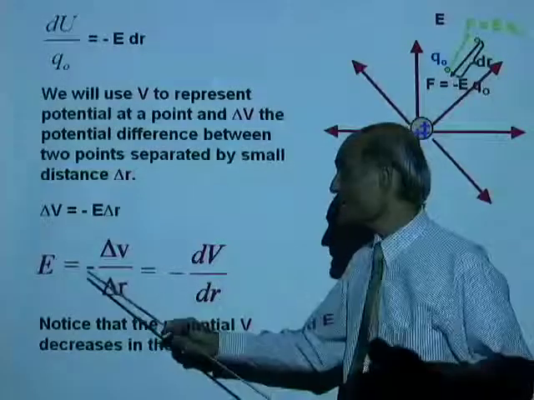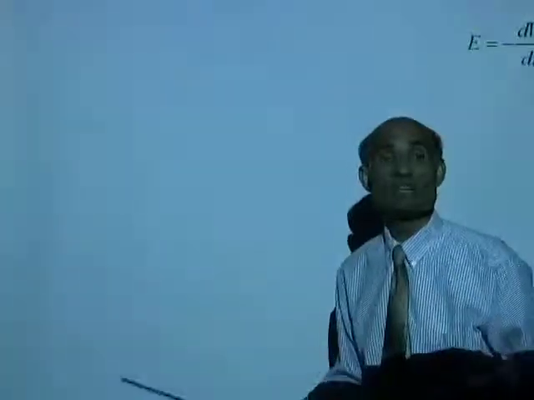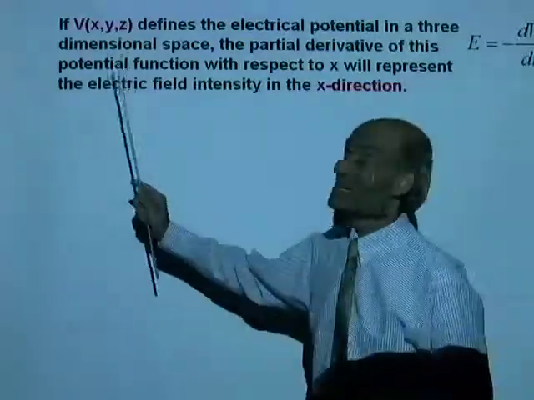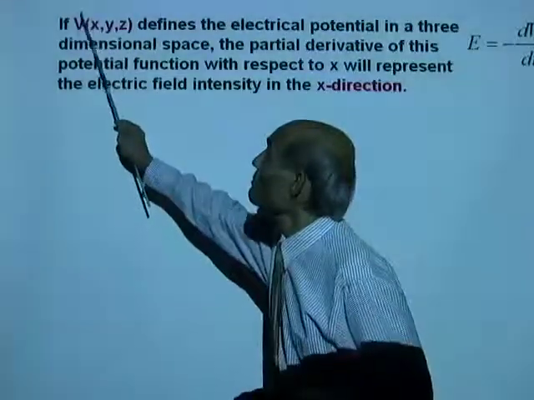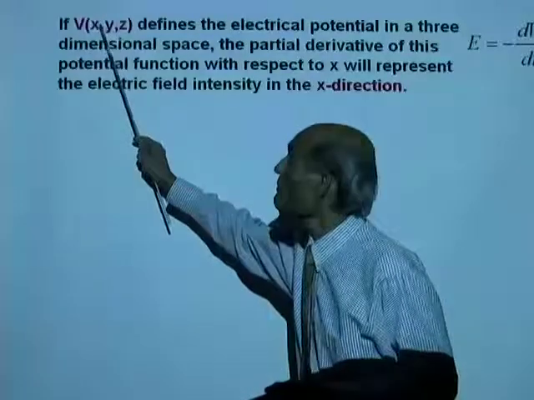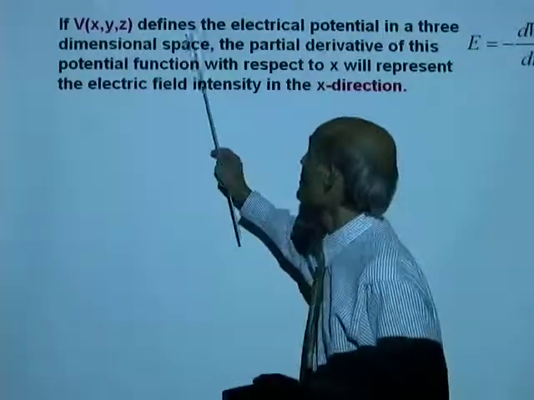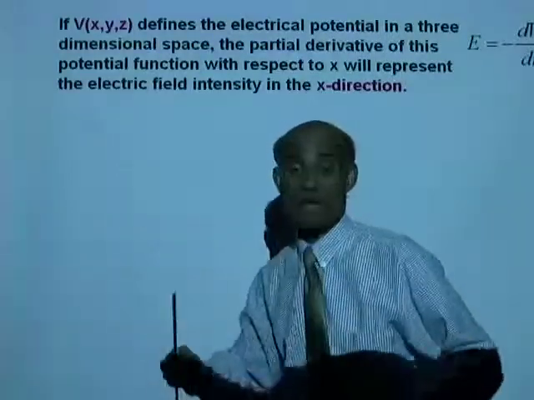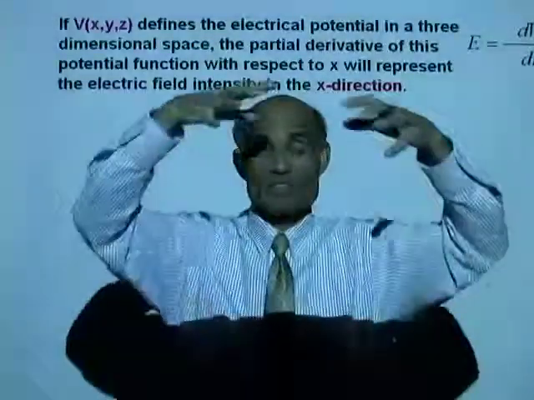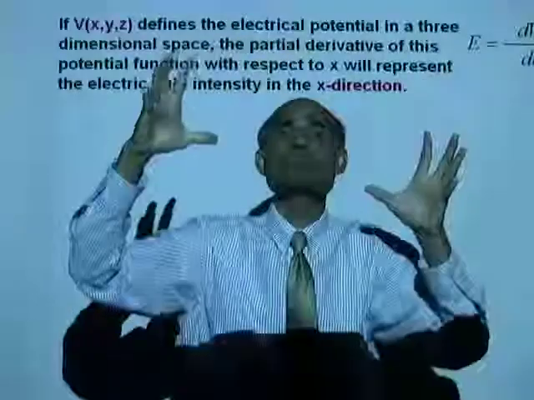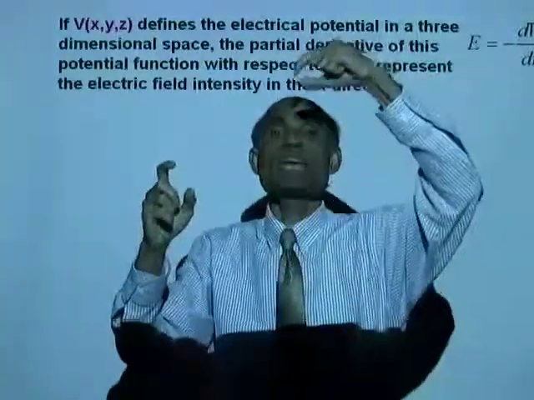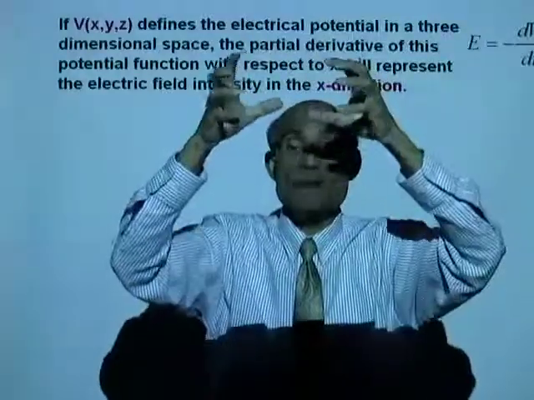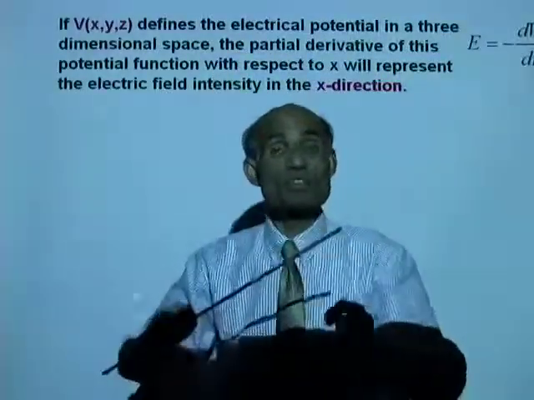It earlier, E equal to negative dV by dr. Alright, suppose V, the potential, is a function of x, y, z, which defines the electric potential in a three-dimensional space. Electric field exists in three-dimensional space. So if you take any point in the electric field, the potential at that point will be a function of